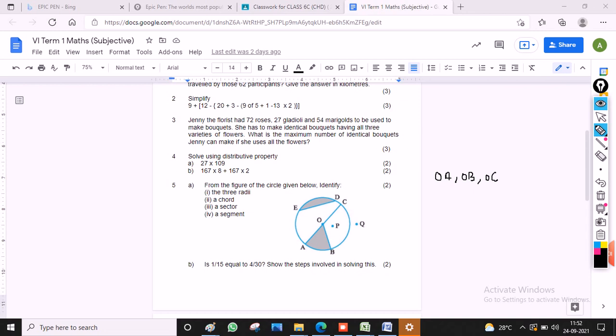A chord, ED is a chord. A sector, AOBA is a sector. Then a segment, EDE is a segment. Then in B